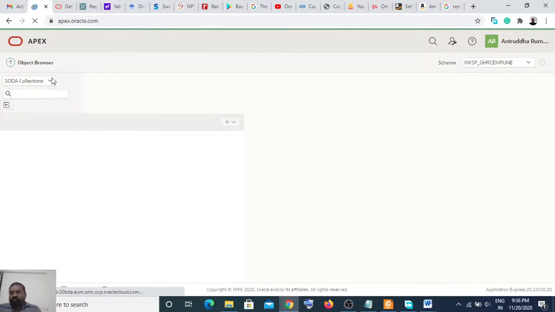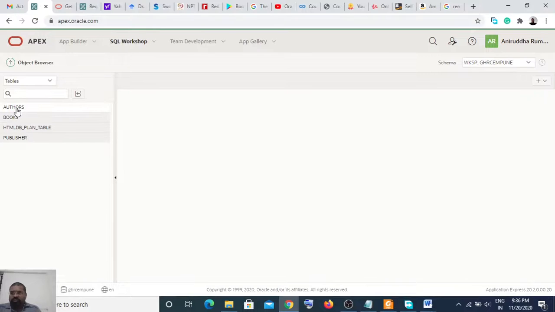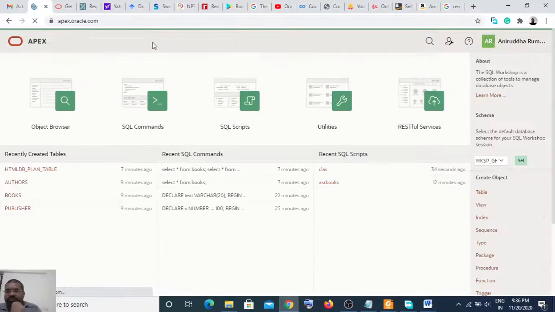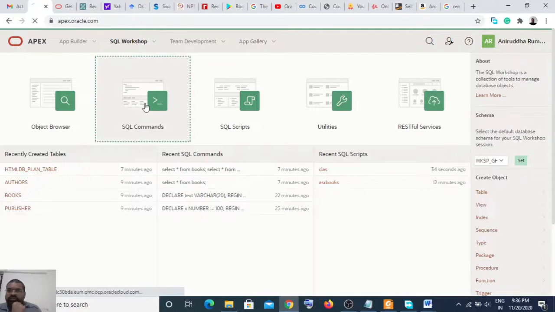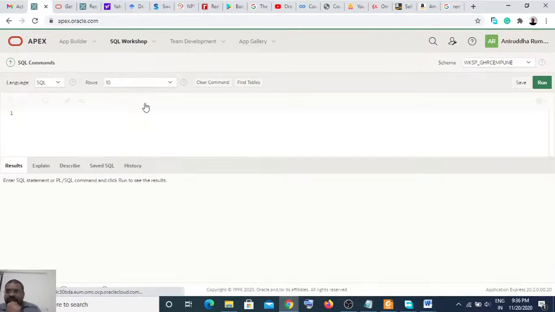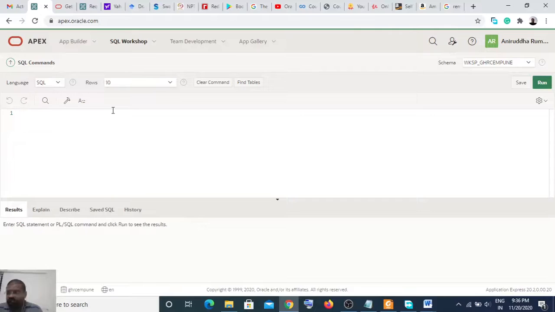From this Object Browser you can select these authors, or you can go to the SQL Workshop, SQL Commands. Then you can use simple SQL commands to populate the data into it.